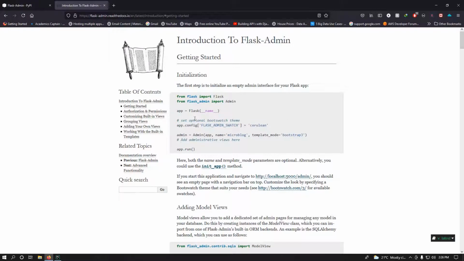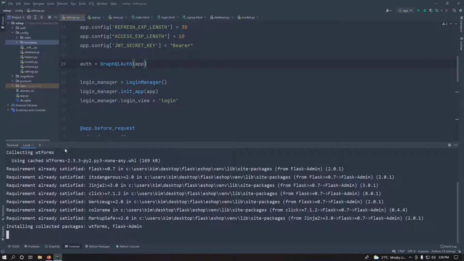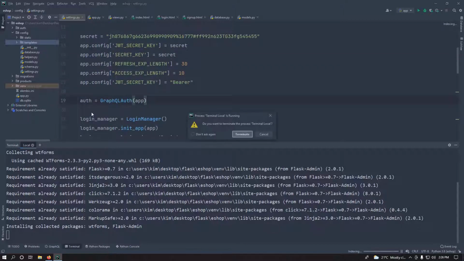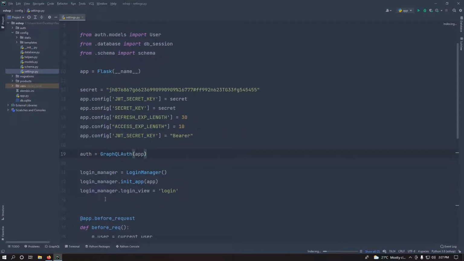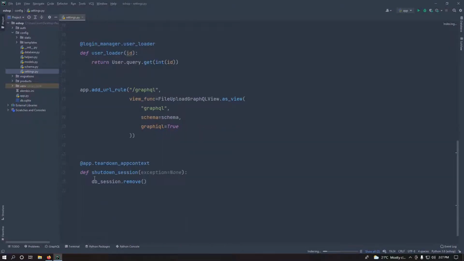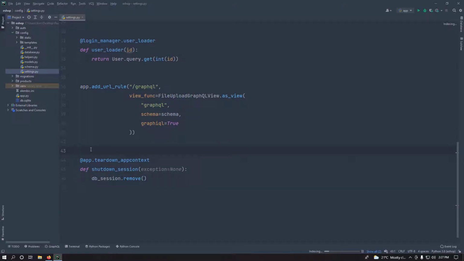So the second thing we want to do is add some settings to our application for our admin panel to use. So it's really easy. Let me just put it over here, then I'll explain. So inside your settings, you want to add admin panel. So I'll just put them over.